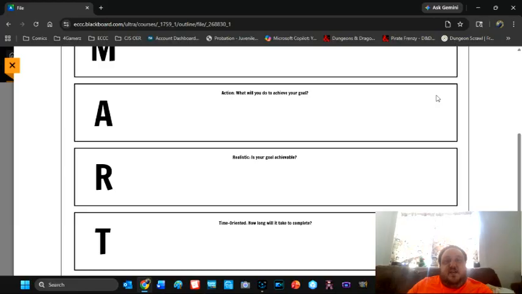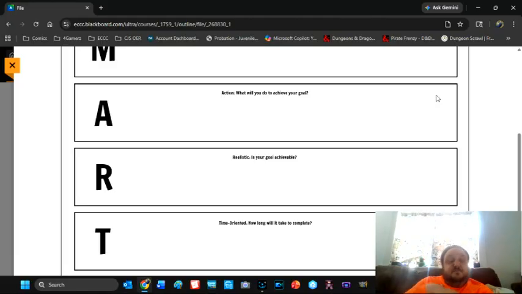If your goal is to become a parole officer, that is a specific goal. Measurable, okay. We can measure some key points of getting there because our actions are going to be the things that we use as our measuring tool. So I want to be a parole officer. Well, I know it needs this many things, so here we go. Here are my actionable items. This is what I have to do. I have to get training through the academy. Well, not through the academy, through the state of Pennsylvania. I have to work this many years. I have to work as this type of trainee. I have to do all these things. Those are actions. Those are measures.